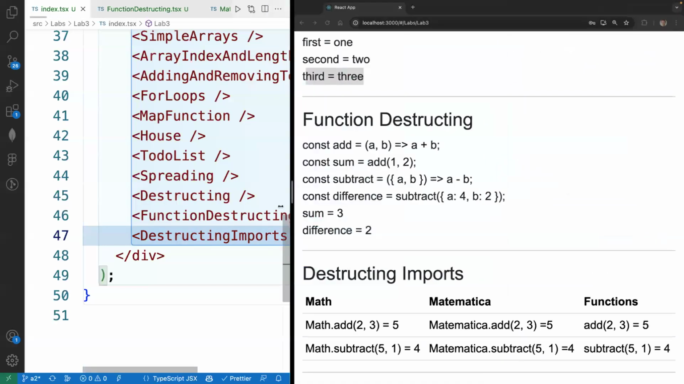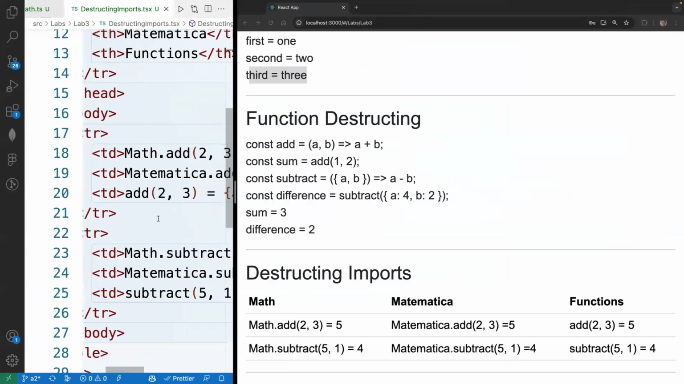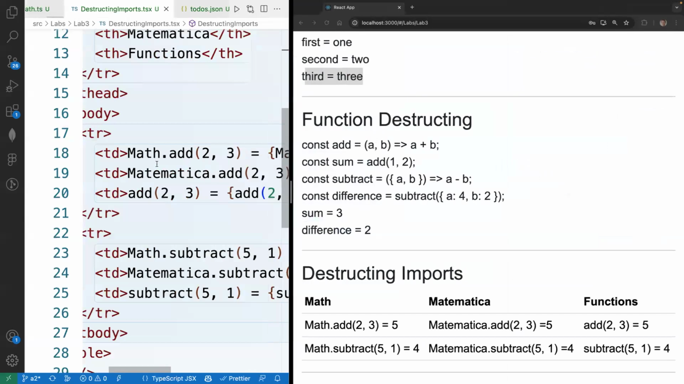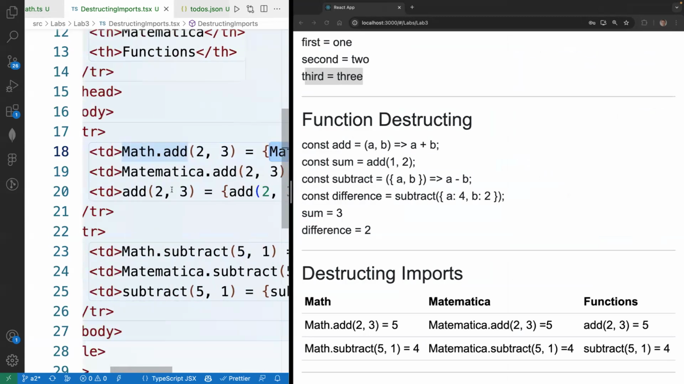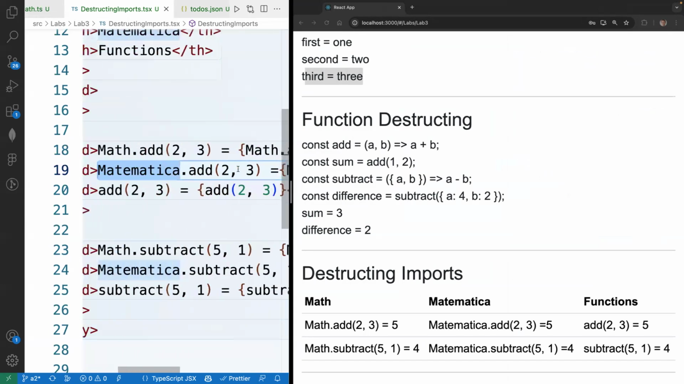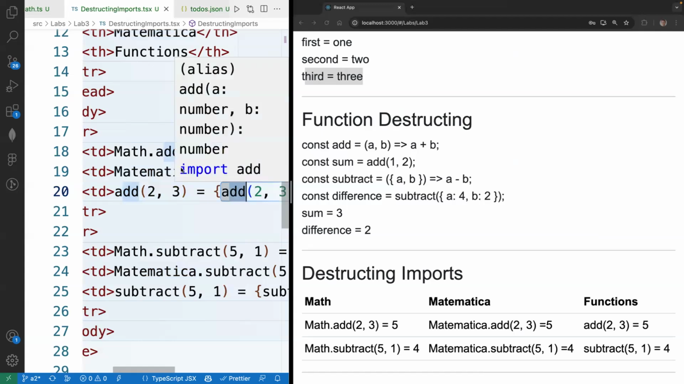So I'm just creating an array where we are showing that we can use individual functions. We can use math, because that's a default export, right? We can use math.add, math.subtract, and so on and so forth. Or we can use Matematica.add, using the star imports that I showed you earlier. Or you can use them directly, because we imported these individually